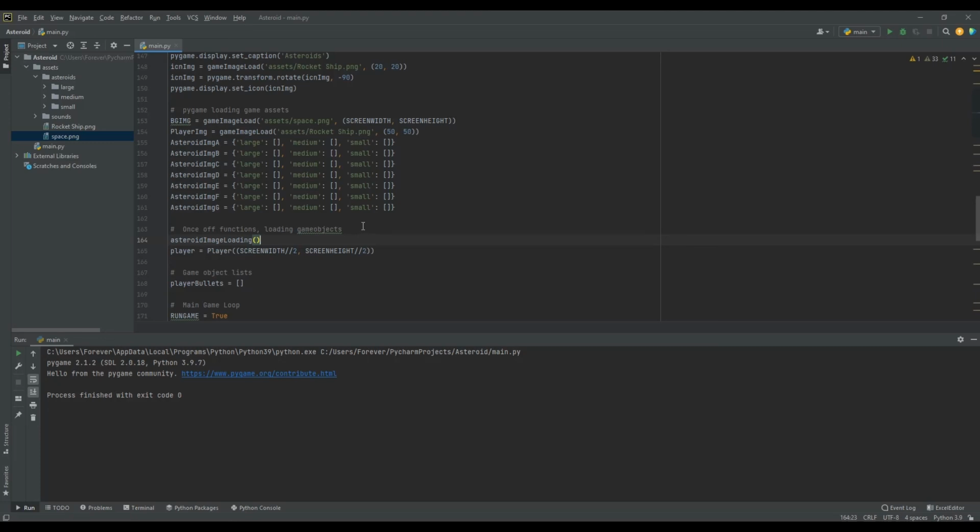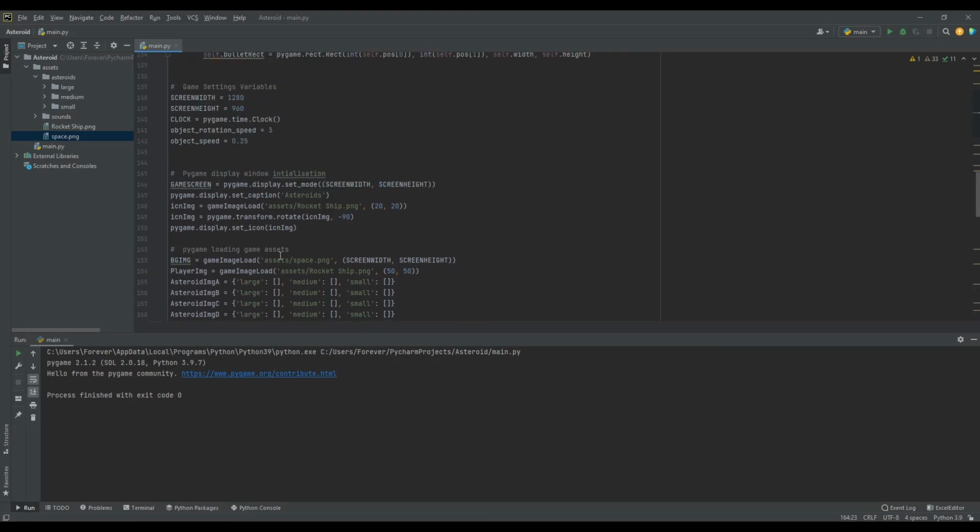Alright, so we've just dealt with loading of the images into memory. So every image is going to end up lying under asteroid image A, asteroid image B, under large, under medium, and under small. Great. We've dealt with that section. So now we have the images in memory. Let's go create the asteroid itself. Okay, so this is going to be a fairly long